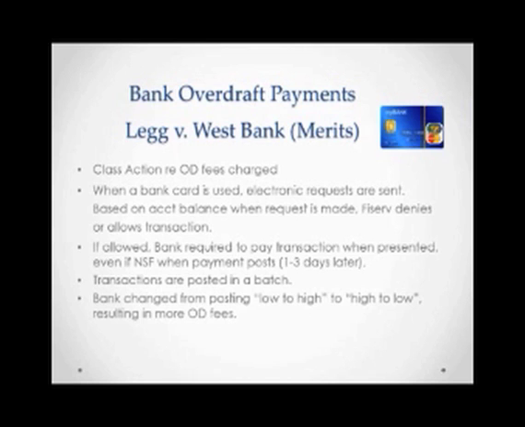Here, the bank used to process the transactions from low to high, and changed to high to low. That created more overdrafts for the customers because, say you have $100 in your bank account and you have 3 transactions hitting that day. One is for $100, the other 2 are for $10 each. If you went low to high, you'd only get that 1 fee, because you get hit with each transaction, generally. Now, the bank always had discretion to reverse those fees and sometimes did in this case, but not always.